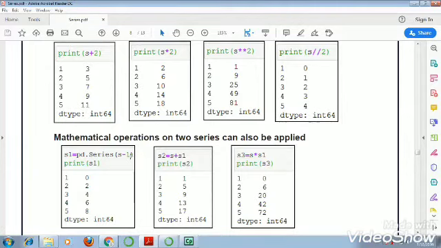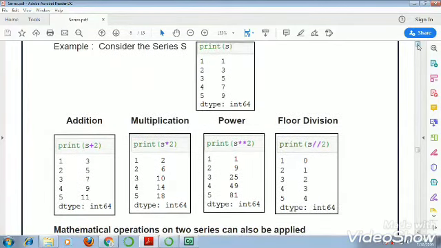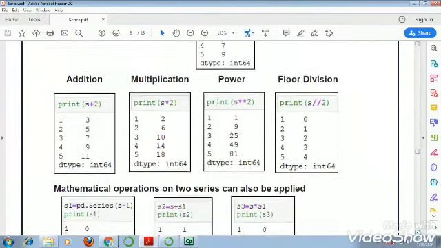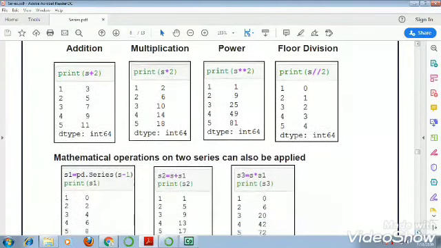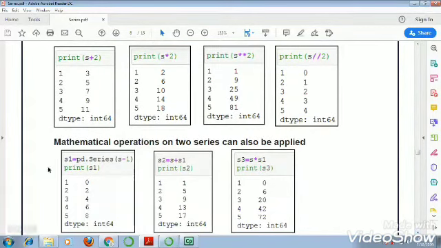That means previous series, this is your previous series S. It has 1, 3, 5, 7, 9 as the elements, and after subtracting 1 from each element, we get this S1. So now I am going to create a series, suppose S2, using this formula S plus S1. That means it is the sum of two series S and S1.